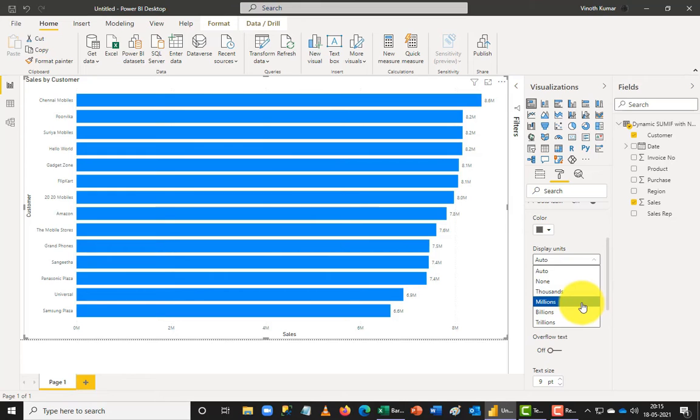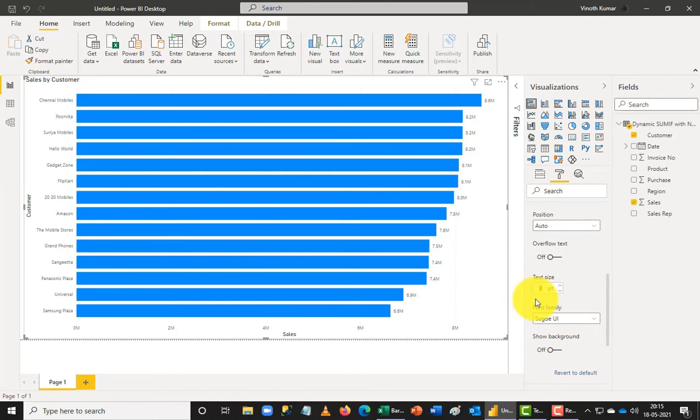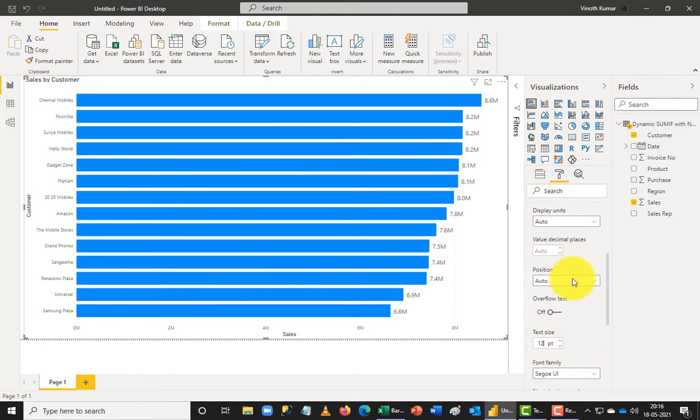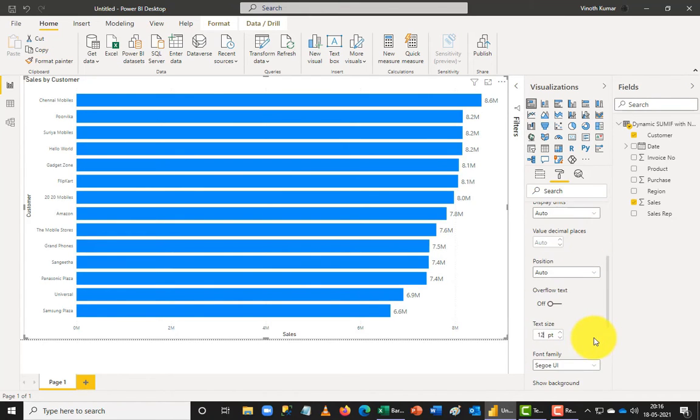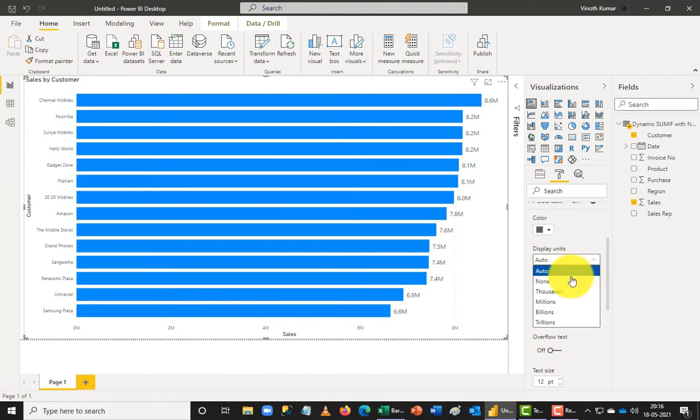So if you want to specify a million here, or you can say billion, trillion and thousands and anything that you want to do, you can do that. So I'm going to just use the font size alone in this list. I'm going to make them 12 and give an enter. So now you can see them very clearly. If you want to change the point of the data better, I can just change this to a none.